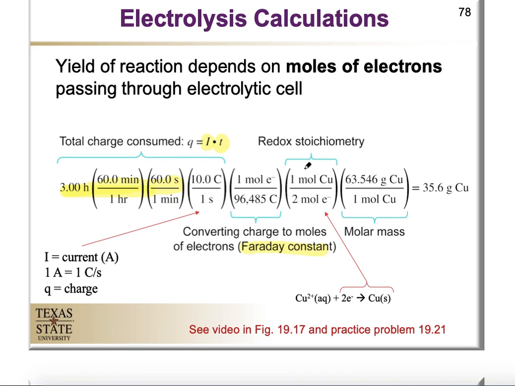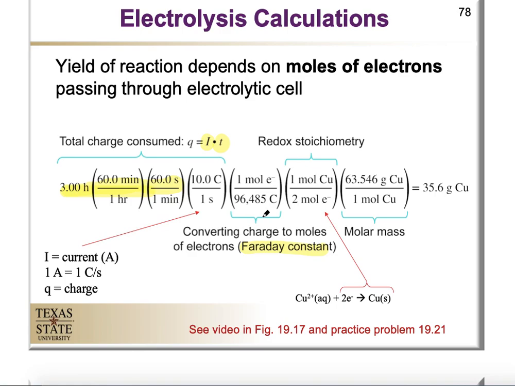And finally, once I have the moles of the metal, I can convert it into grams by using the molar mass from the periodic table. And I know that I have to multiply it to be able to cancel the moles away. Again, you can do this in several steps using either small dimensional analysis parts or by using cross multiplication. There's no problem with doing that. You're going to get the same answer as long as you're making sure that you're multiplying or dividing by the